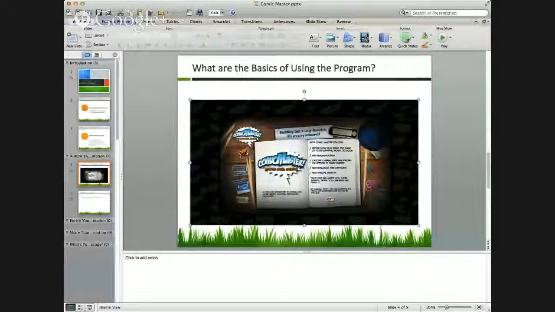Okay, so as you can see, Comic Master is a great product. It's free. Some of the great things about it are that it's free. They can save their work. They can edit their work. They can come back to it. They can share it. Some of the issues where there may be problems are students do have to have an